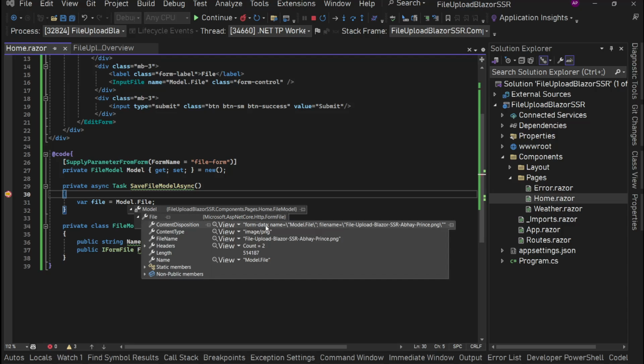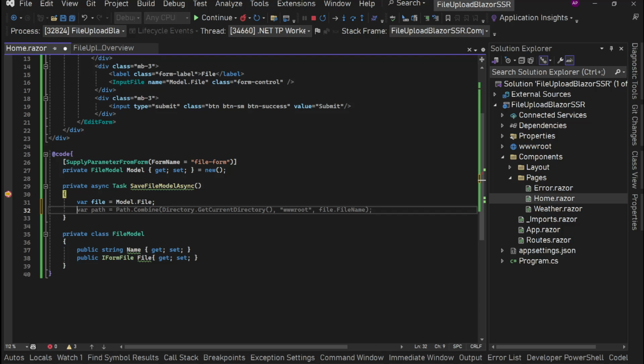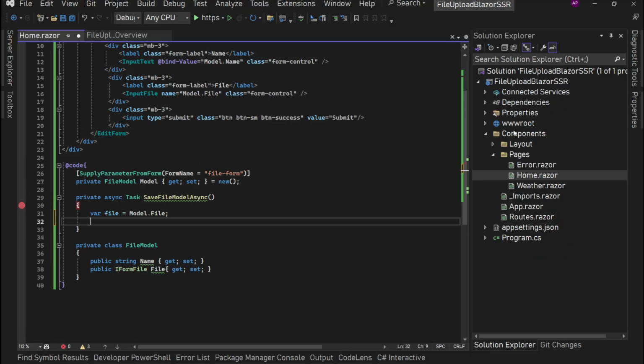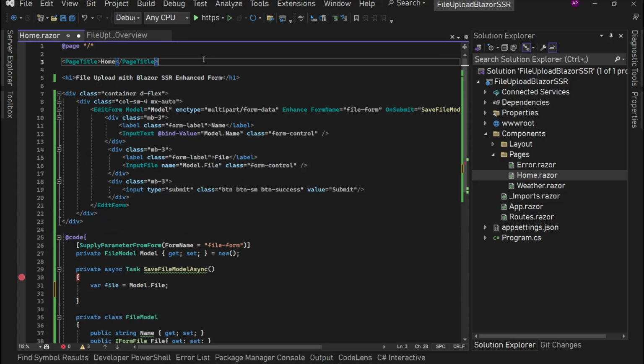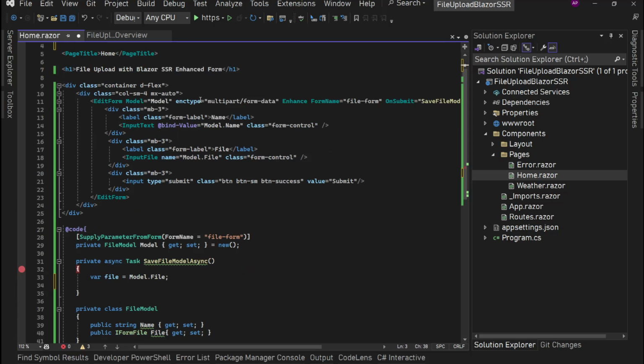Okay, and from this file we can access everything. We have headers, we have name, type, file name, everything. And now we have access to this file. We can save it the way we could have saved it, right? So if you want to do something like this, if you want to save it, let's say in wwwroot, we can simply inject IWebHostEnvironment, web host env, let's call it this,